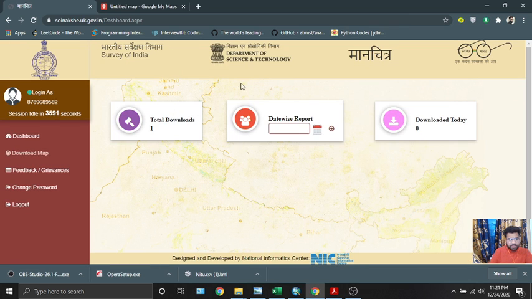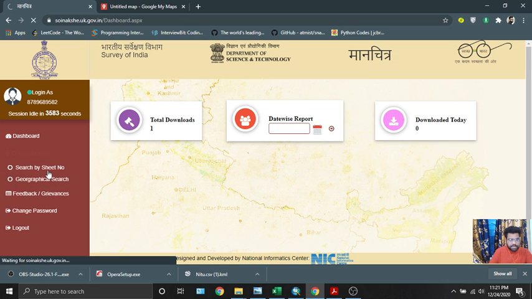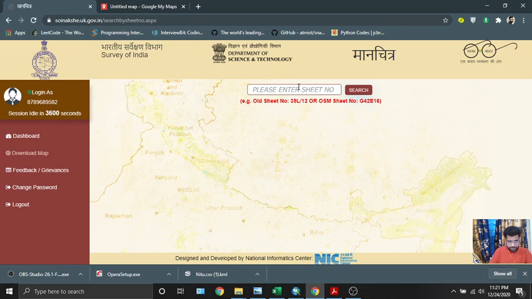You can see this after opening the SOI website, we can search by sheet number, and as per the instruction from our mentor, Mr. Ashmir Mohammed sir, the topo sheet number of the area, 72L by 6, was our area of interest,